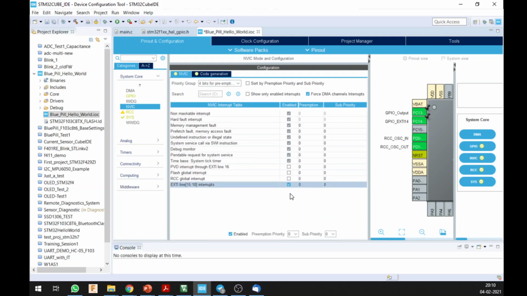If you enable this, you can set the priority of this as you want, and you can also set the sub priority. So once you do this, I will be setting the priority to 0. The lower the number over here, the higher the priority is. All of these have the same priority. So if any of these happen at a time, whichever is first in the stack is going to be accessed. But I want this to be second in the line, so I have to set the priority to 2.